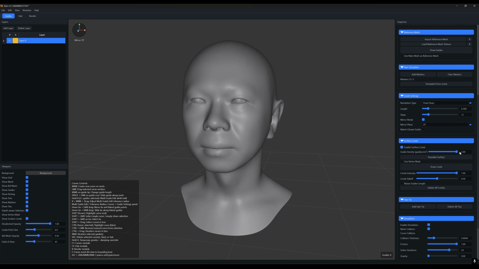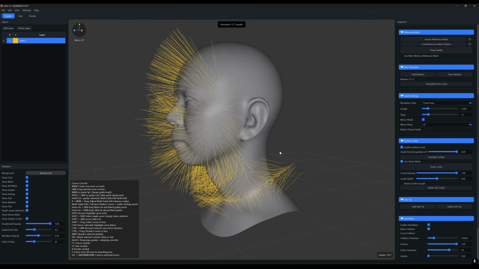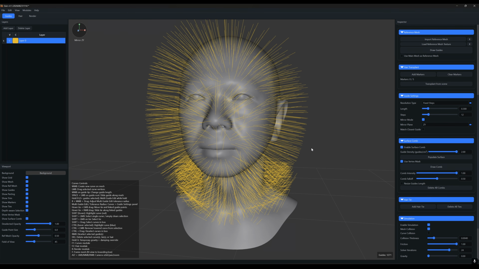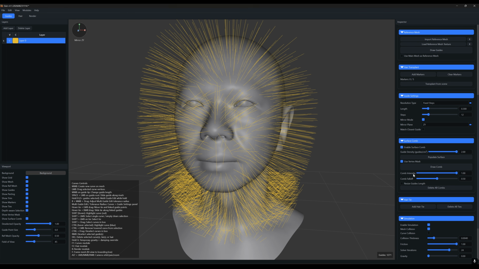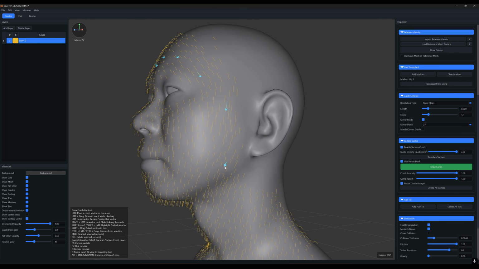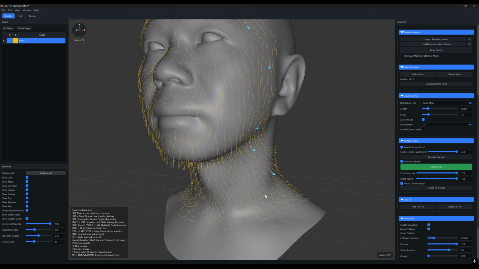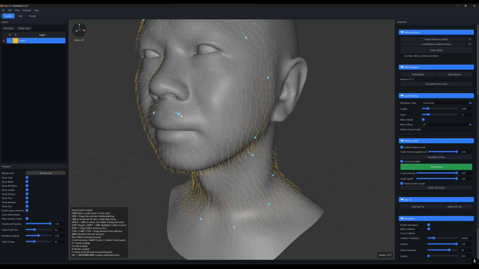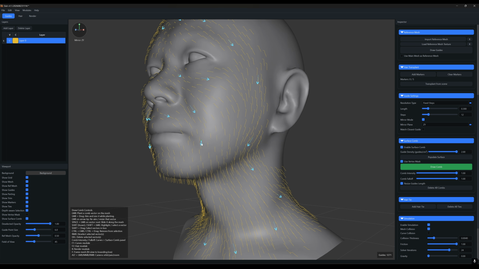I'll increase the density and turn on Use Vertex Mask, and then click Populate Surface. Mirror mode is active and Surface Comb is compatible with it. For this one, I'll make sure to turn on Resize Guide Length, set the comb falloff to max, and I'm ready to add my combs. And now it's just a matter of click and drag to set the flow of the peach fuzz on the area of the face. Again, this will take a couple of minutes, so I will speed up the video,